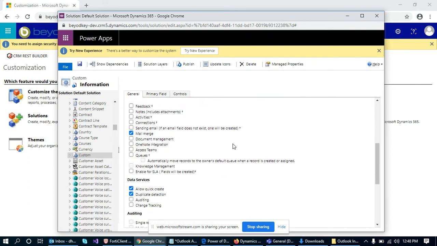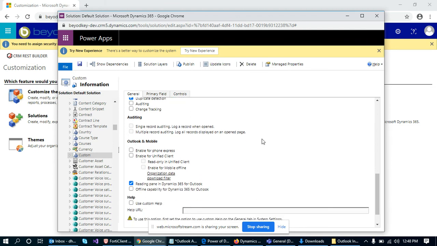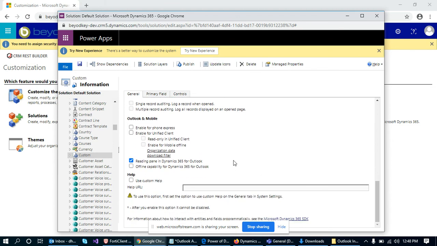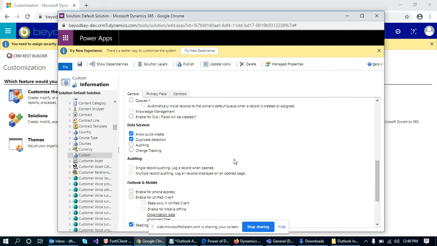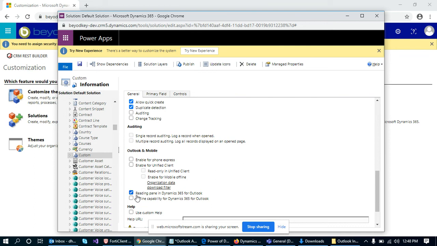So as we can see, these are the normal settings. Here in data services, we need to check the allow quick create checkbox. Along with that, we also need to check the option of reading pane in Dynamics 365 for Outlook.